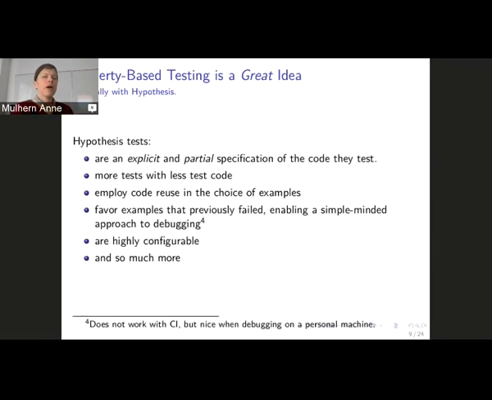And you can configure hypothesis a lot. I don't always mess with all the configurations, but if you really think that 5 tests are quite enough, if it passed 5 tests, then you're happy, then you can tell it to stop at 5. The default is more like 200 or something. But if you prefer 5, 5 is good, and so forth. It's very configurable in a lot of useful ways.